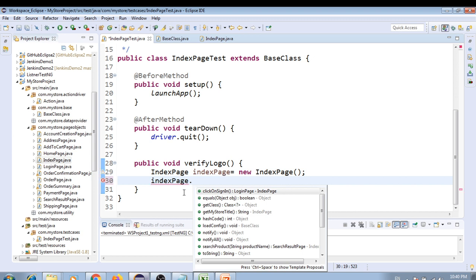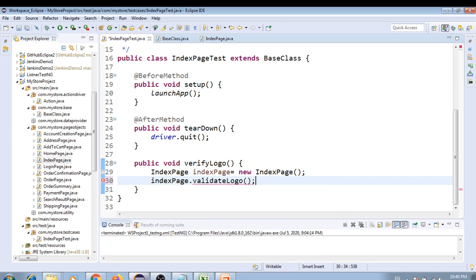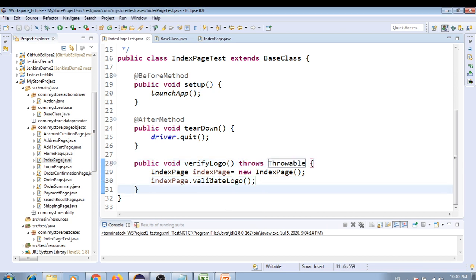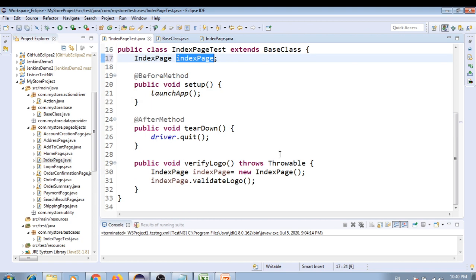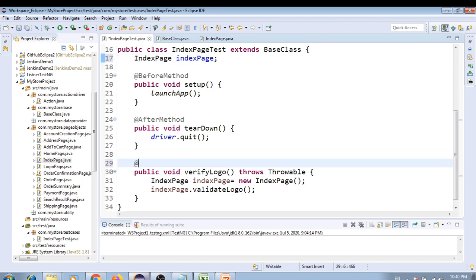So what is the method? Validate logo, and add throws declaration. Guys, I may need this index page object, so I'll declare it on top of the test class, so that I can use it for all the test cases. For this test case,